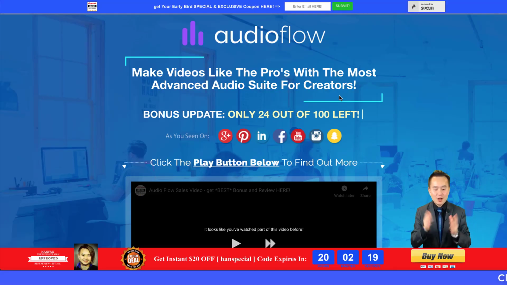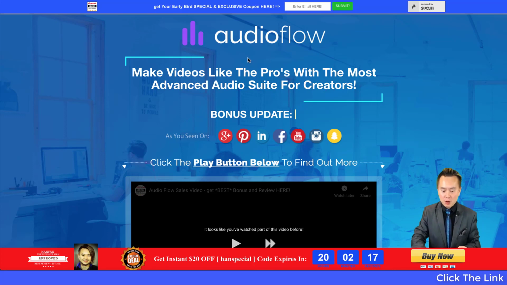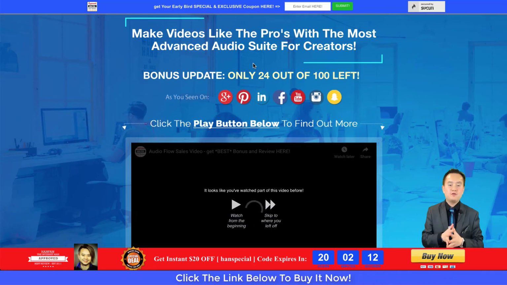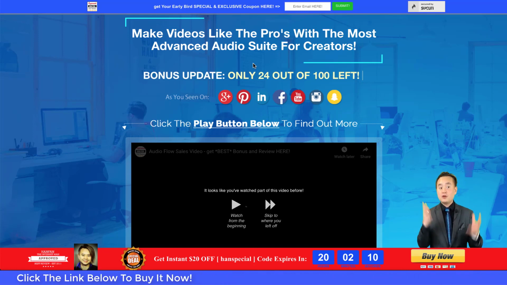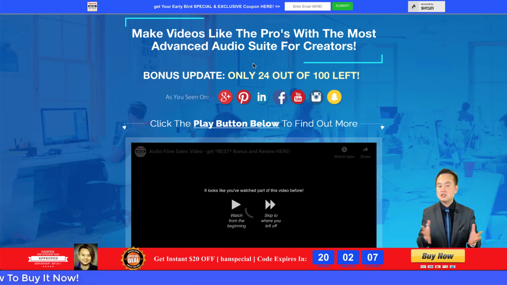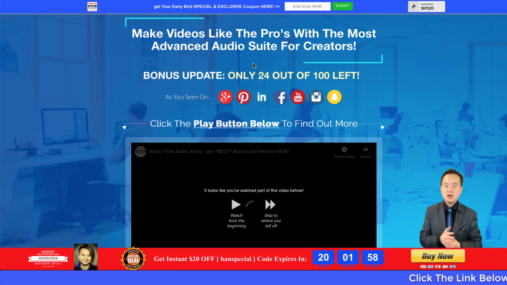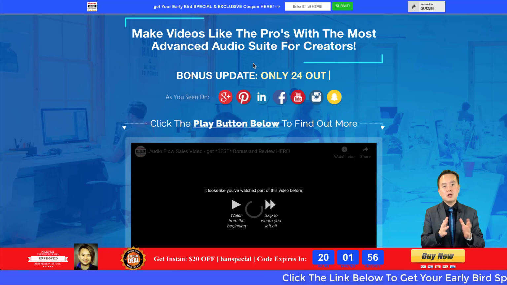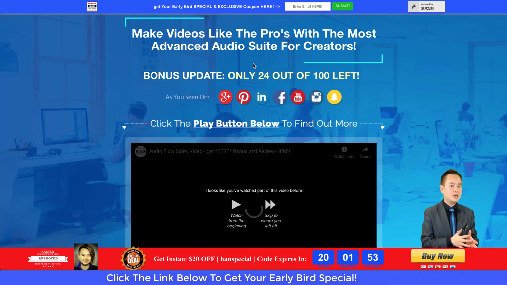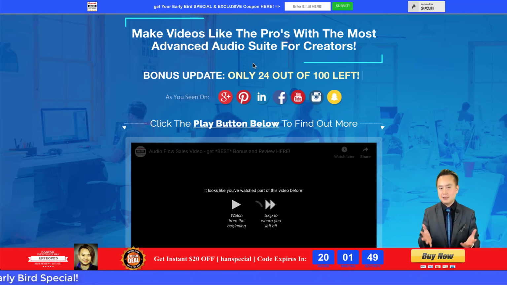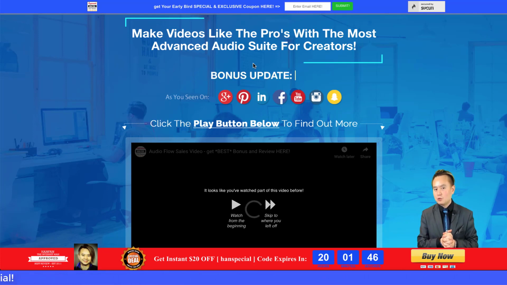All right, so welcome back. Today's product is called AudioFlow. In a sense, it is taking very professionally made audio tracks and putting them into a very beautiful, professionally designed software interface called AudioFlow. It's SaaS-based, and on top of that, it has text-to-speech translation. That means not only can it do English to English, but it can do English to 50, 100 different countries, and you're going to see that inside this review. I'm going to demo right in front of you.